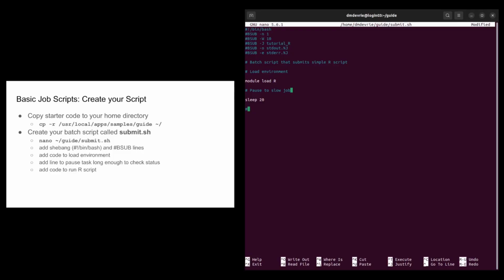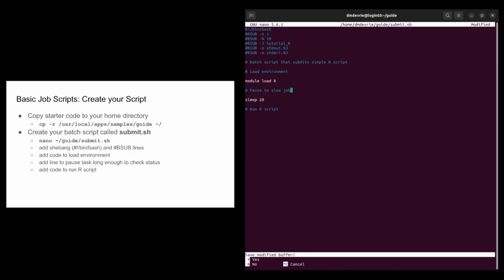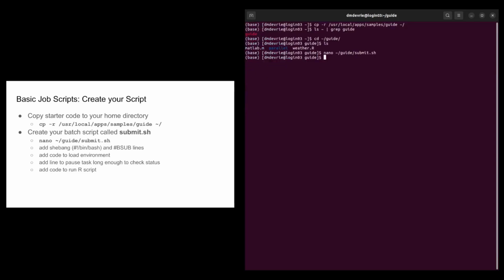And then we're going to add code to run our R script. Now, I have forgotten the name of this R script, and you might as well, so I'm going to quickly exit out and then hop back in and enter the R script. So we're going to do Control X, Y, enter. Going to list the contents of guide, and I see this weather.r. So we're going to go back to the nano. We could copy and paste that if we wanted to, but I'm just going to go back to nano